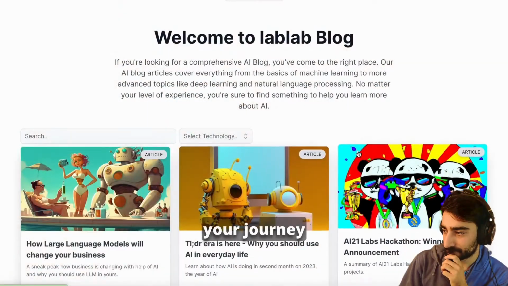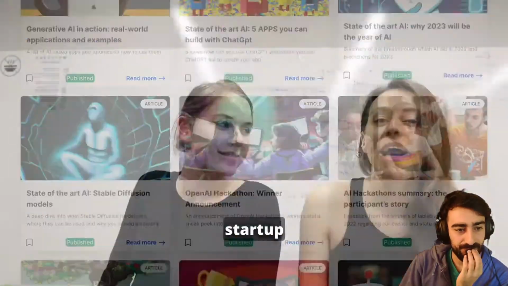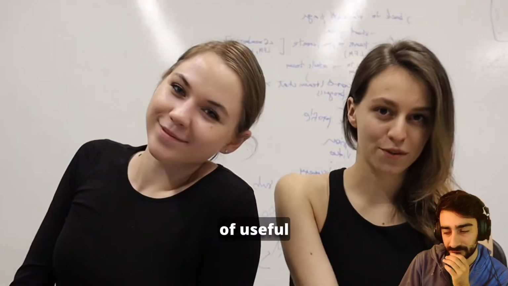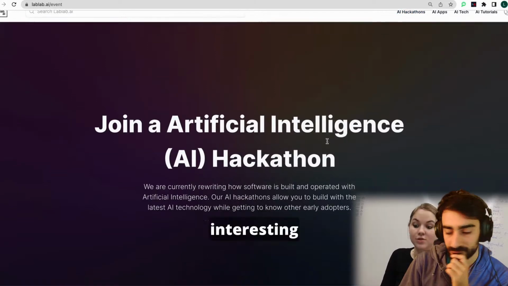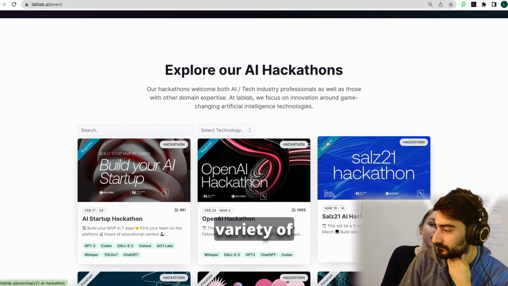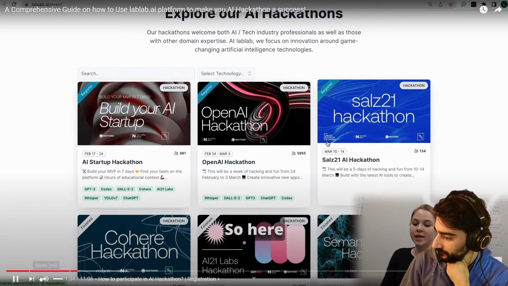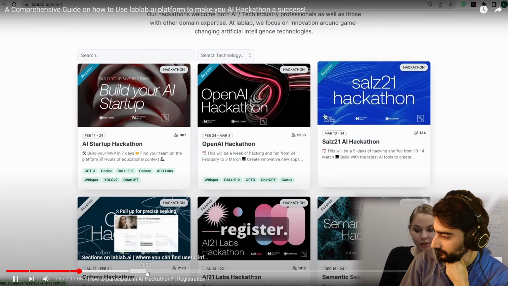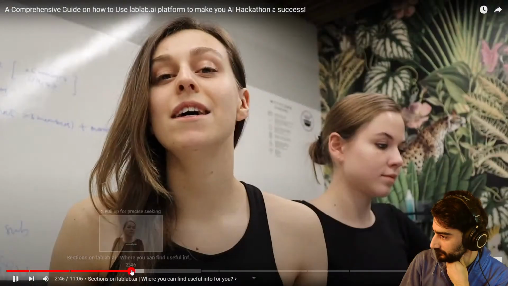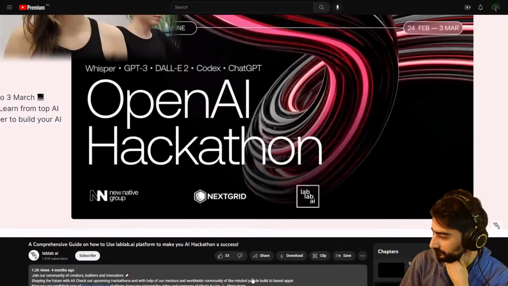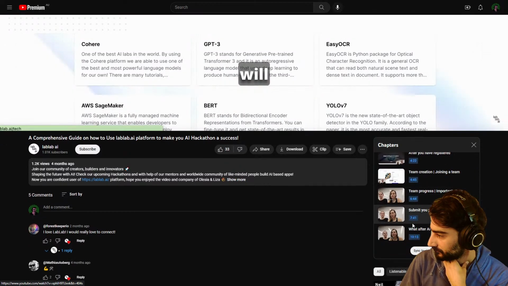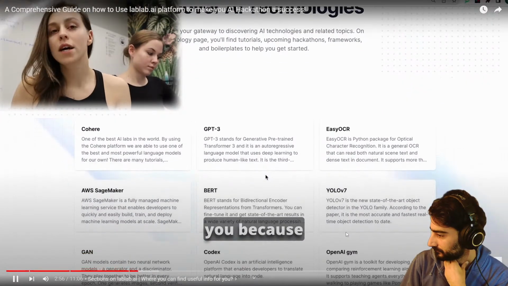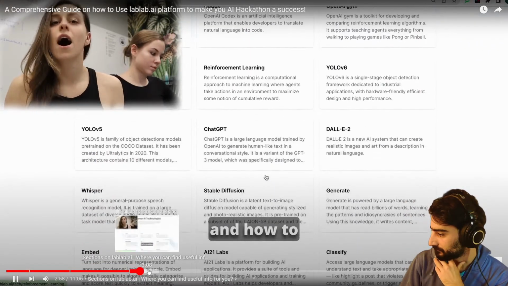Articles, how to start your journey in the hackathon, how to found your startup, etc. So you may find a lot of useful info there. To participate in the hackathon, you first need to choose the one really interesting for you. And we have actually a variety of hackathons to choose from. So here you can see upcoming events where you can register. You click on one of them. For example, let's go to OpenAI Hackathon. And let's go back to sections. As you know on which hackathon you will participate, the section with AI tech will be very valuable for you, because there you will find the documentation details and how to use,